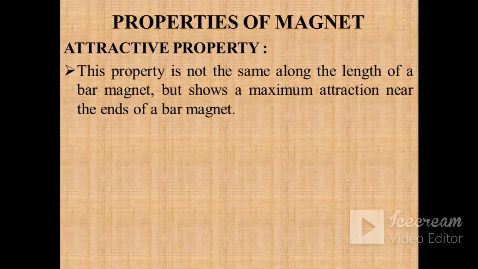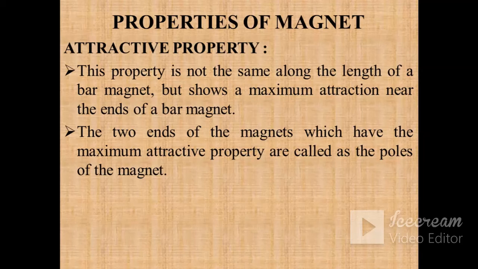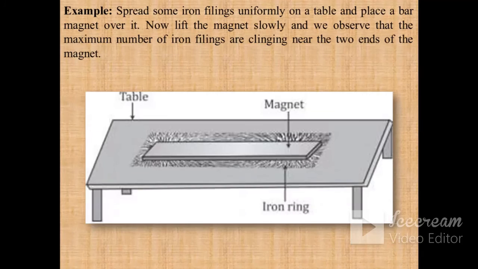This property is not the same along the length of the bar magnet, but shows a maximum attraction near the ends of a magnet. So the attractive property is not the same throughout the length of the magnet, and it is maximum near the ends. And these ends of the magnet which have maximum attractive property are called the poles of the magnet. For example,